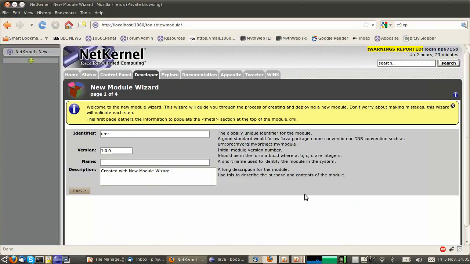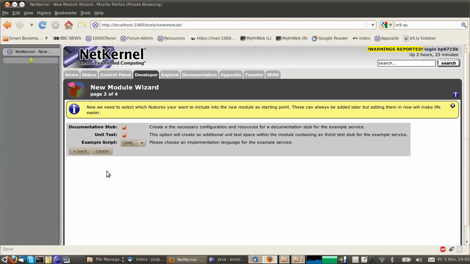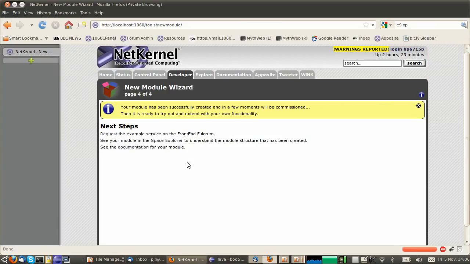going to use the new module wizard to quickly create a my test module, and I'm going to import that into the front end fulcrum. I'll take the unit tests off for the moment, and I'll show you. We'll have a groovy example script in there. So that's been created, and I can now return to the Explorer tool,